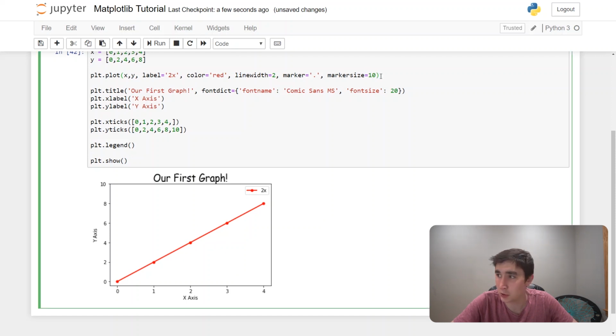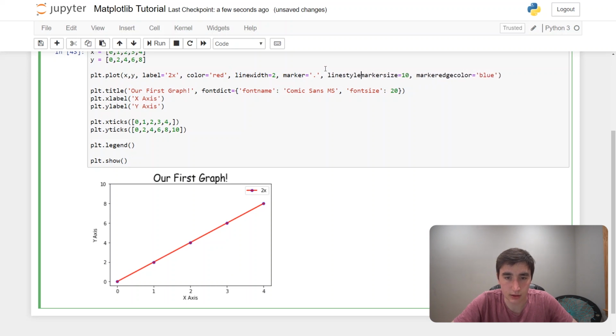I can also do marker edge color. There's all sorts of properties. I'm just continually passing these in, but now you see a different type of dot and whatnot. So this is pretty cool that we can have all of this customization. It sometimes takes a little while to get what we want, but it's just nice to have this power. And one final thing I'll pass in is